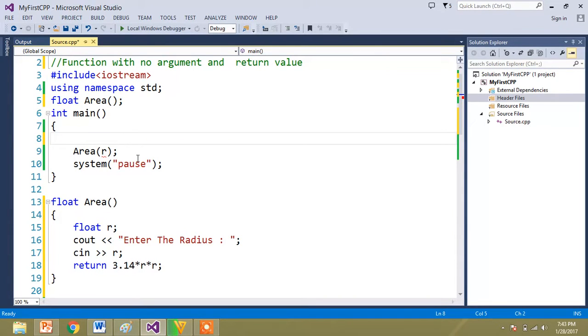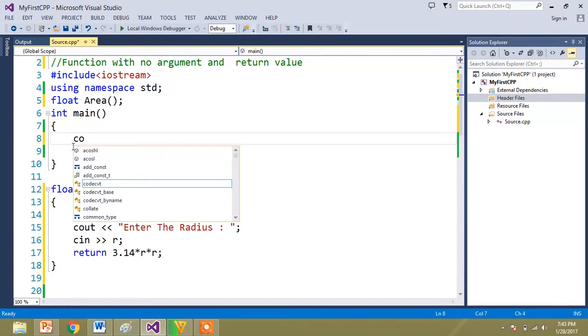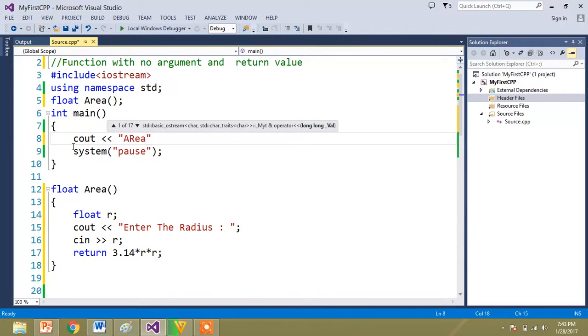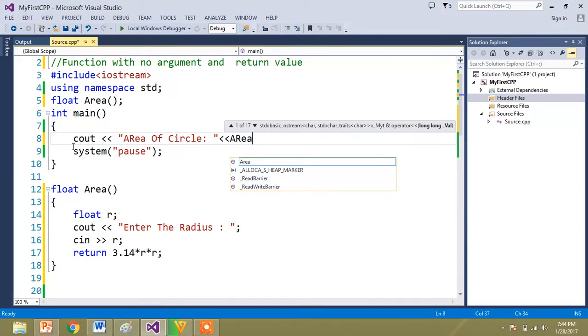Now you have a return type, so you are writing console output: area of circle is going to be area.